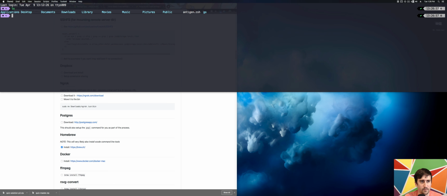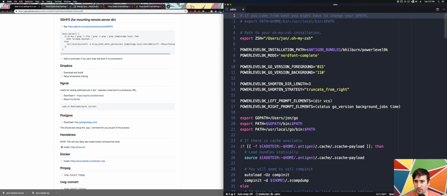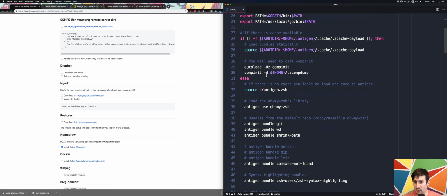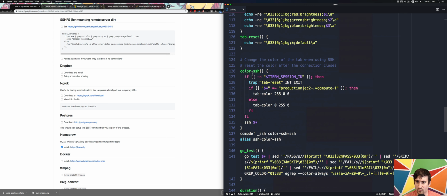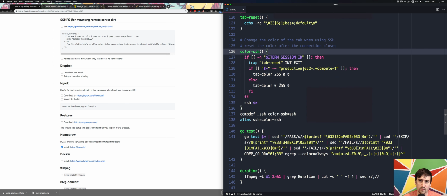Okay, so I've got this up. What I'm going to do is code CSHRC. Just bring this up over here. And what I'm trying to show you is two things. One is going to be color SSH. And really what this is doing is,